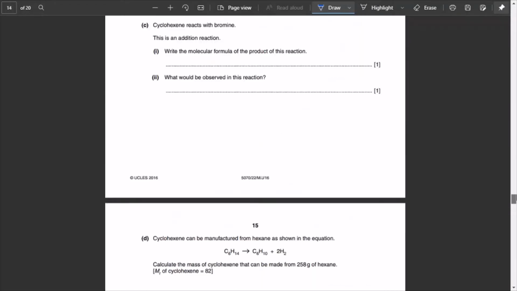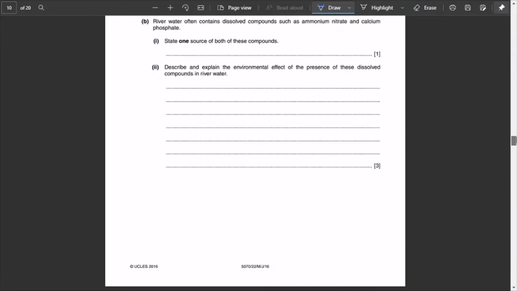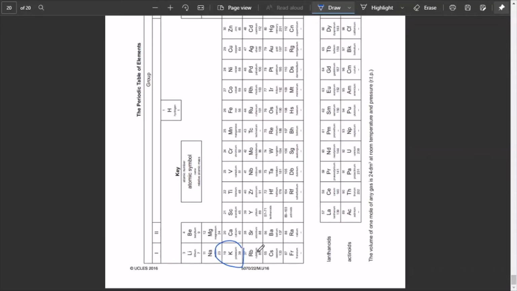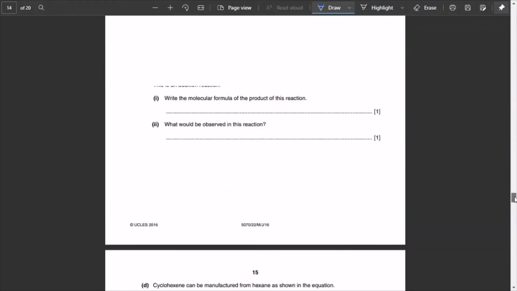And if we add all of this, we'd get, let's go back, the Mr for this is, Mr is equals to 174. Alright, now this 174, we need to find the mass of potassium. That means we need to do it again, going back to the periodic table. Potassium is 39, and because there are 2 potassium over here,